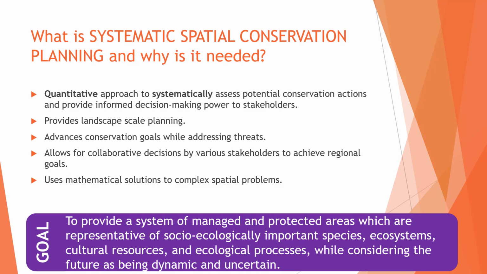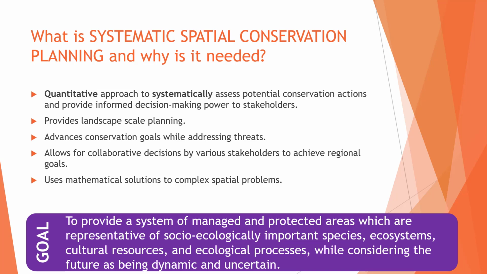Systematic spatial conservation planning is a quantitative approach to systematically assess potential conservation actions and provide informed decision-making power to the stakeholders. It is needed because ecological patterns and processes occur at, and are being impacted at, the landscape scale. It helps us achieve our conservation goals while considering the threats that can hinder those goals. Collaborative input from a variety of stakeholders is a hallmark of systematic spatial conservation planning, and a key factor that sets it apart from other conservation planning approaches is that it uses mathematical solutions to find optimal spatial configurations to